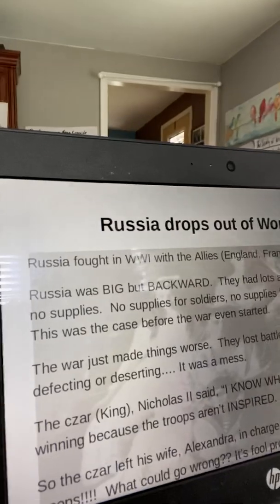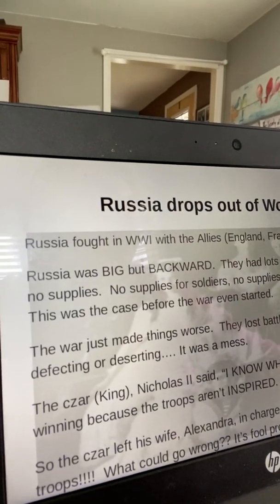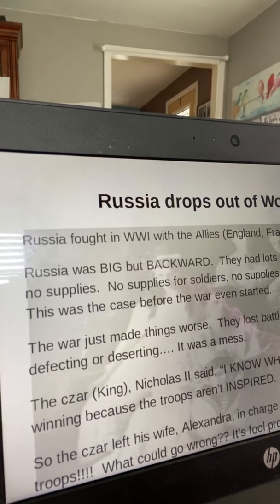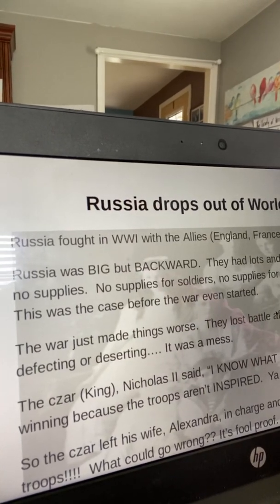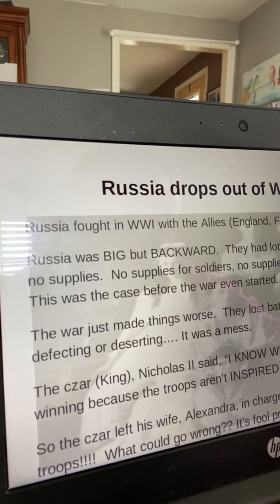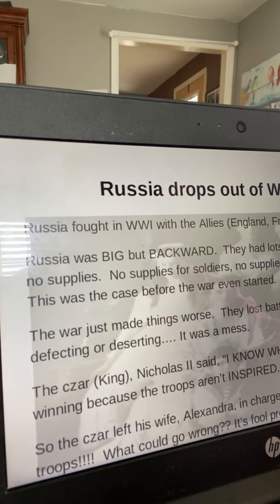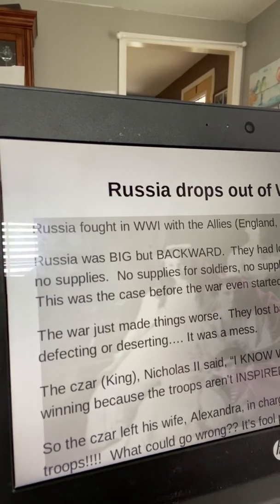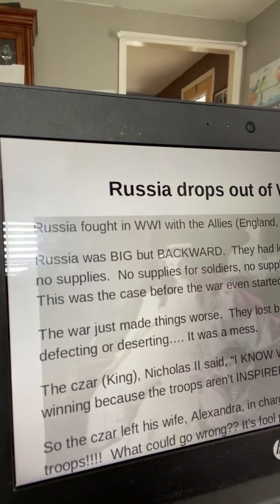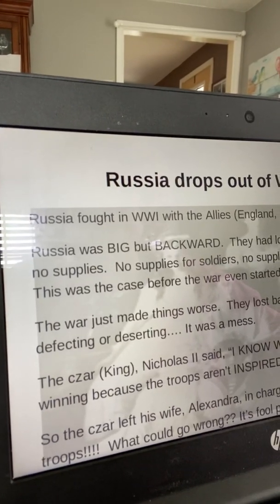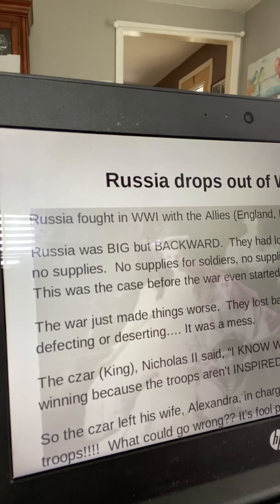So anyway, the war was going really badly for them. They kept losing battle after battle. The soldiers were defecting. Some of them were deserting. Some of them just kind of ran away. Nicholas II, who was the Tsar, said, I know what we need to do. We're not winning because our troops aren't inspired. And you know who's inspiring? I am. So the Tsar, that's the king, left his wife Alexandra in charge of Russia, and he went to